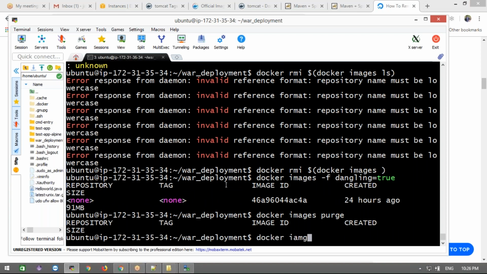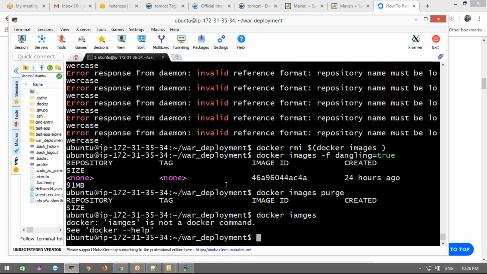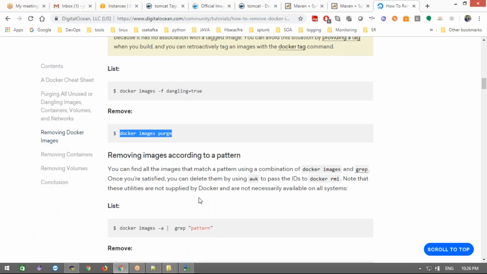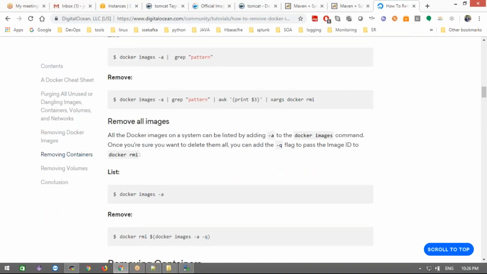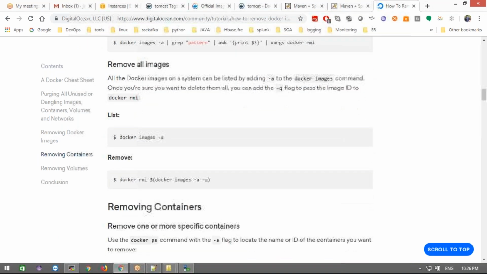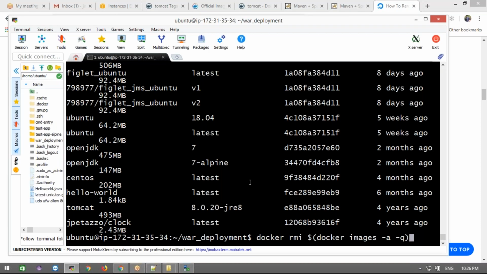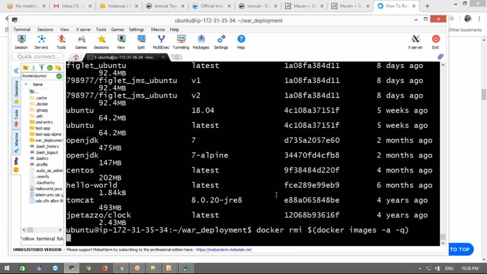Okay, just Docker images. These are there, and then these dangling images are removed. This command will clean all the images, right, Madhu? Yes.